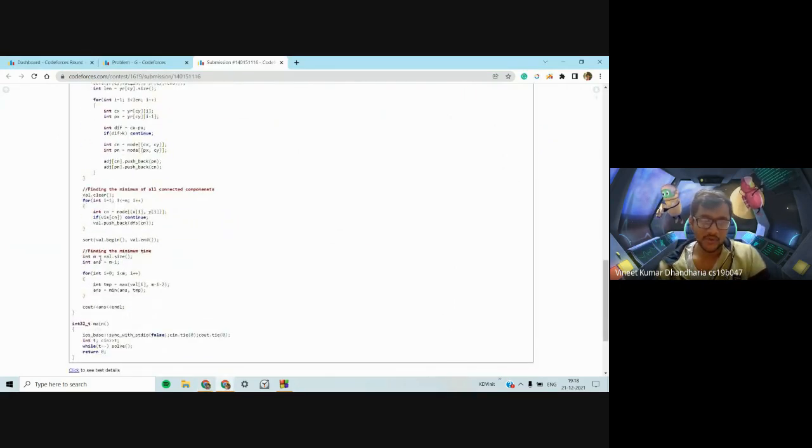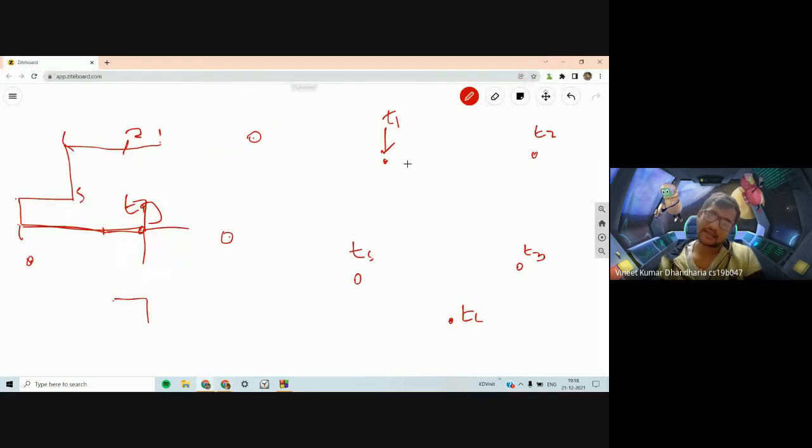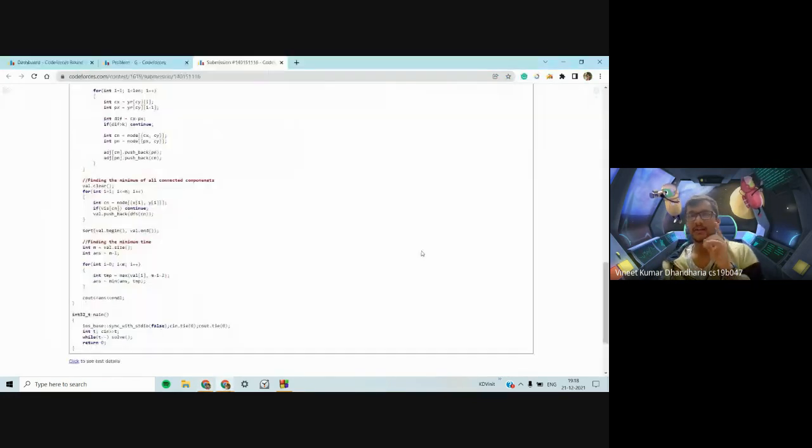So for that, you would just simply sort them and iterate over them from 1 to n to check, if you wait till this time, how much time will it take. So you start from 0 to m. Temp is, if you wait till that mine explodes, how much time will it take. So the value is the time you would have to wait till that mine explodes, and m minus i minus 2 is the minimum number of additional clicks you would have to do for the remaining mines. You would take the maximum of that, minimize your answer with that, and in the end you print the answer.